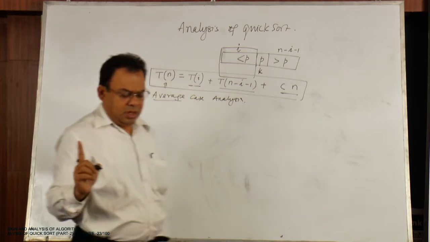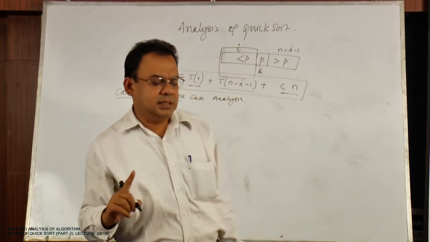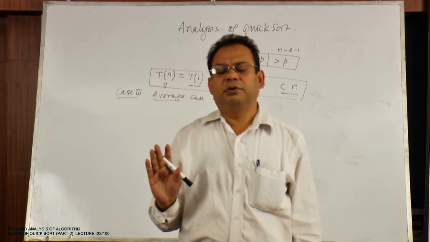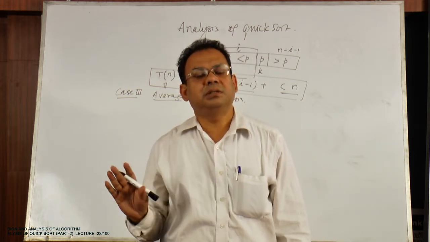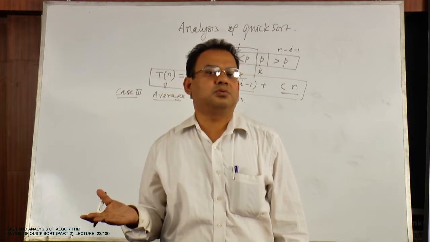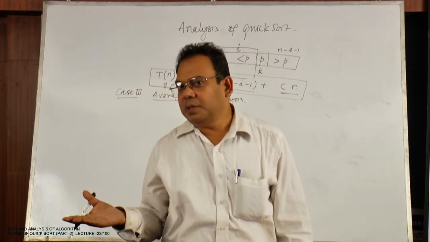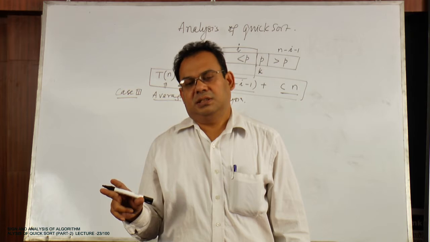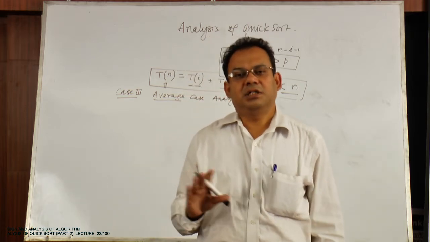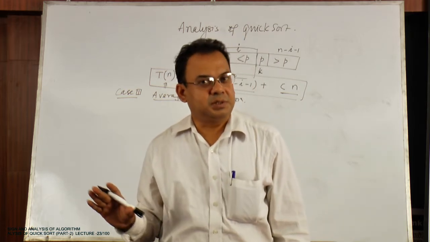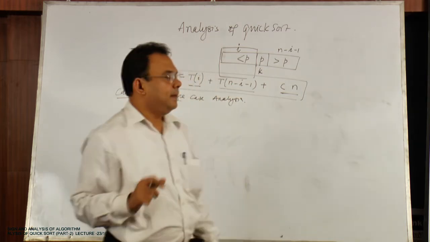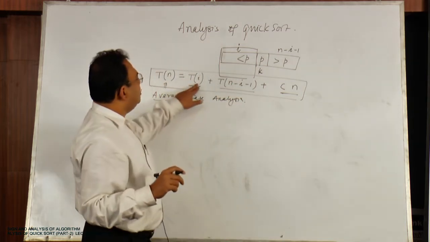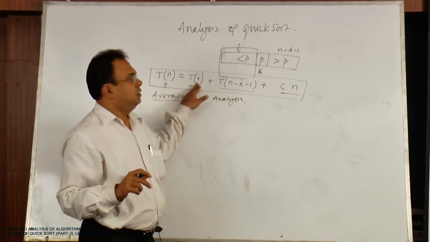We have seen in the earlier two cases that these are very trivial cases: in one case there is no element in one part and all the n minus 1 elements are in the other part, and in the other case, the best case, the array is divided into two equal parts every time. But these two are very trivial cases. More likely, all sizes of the subarray are possible, because